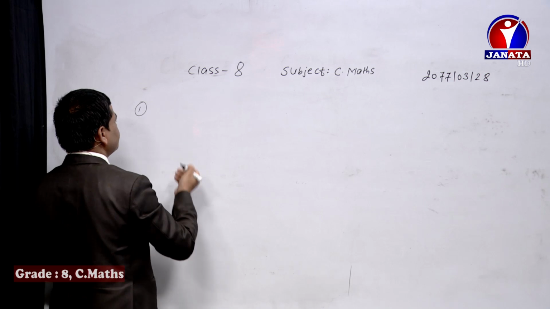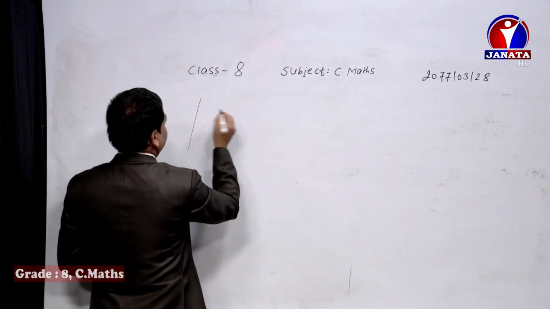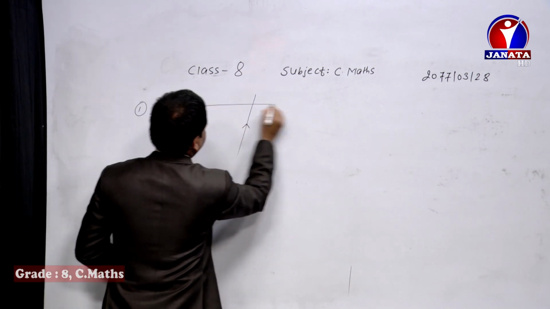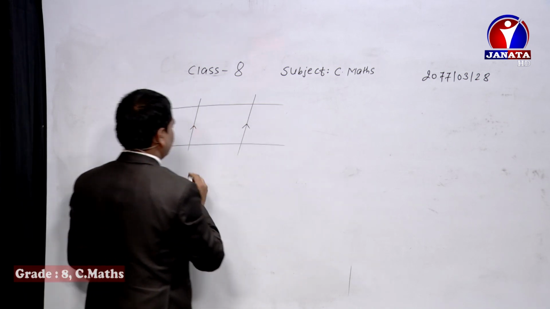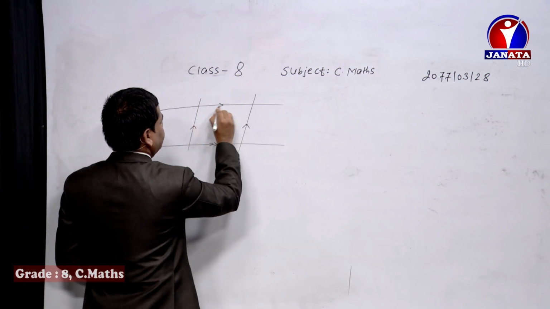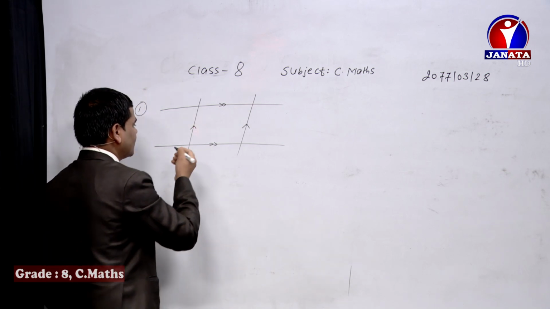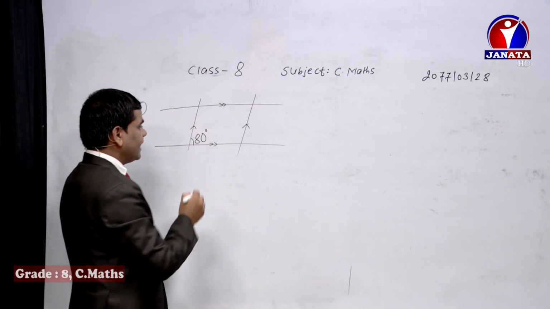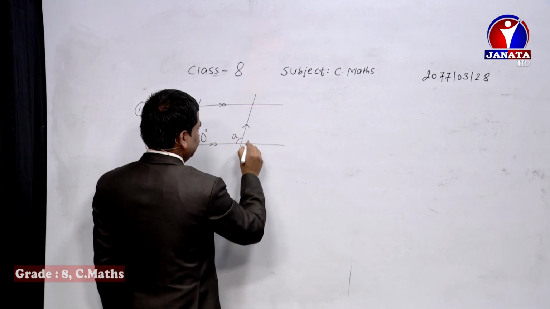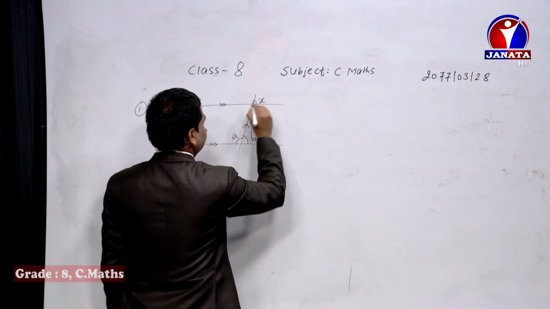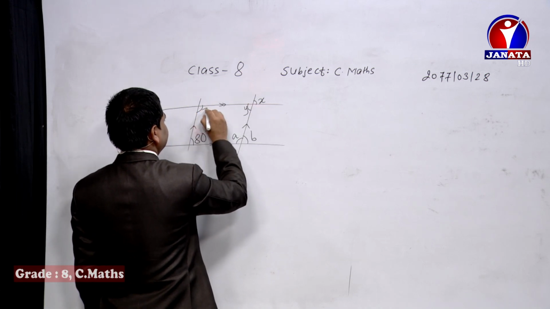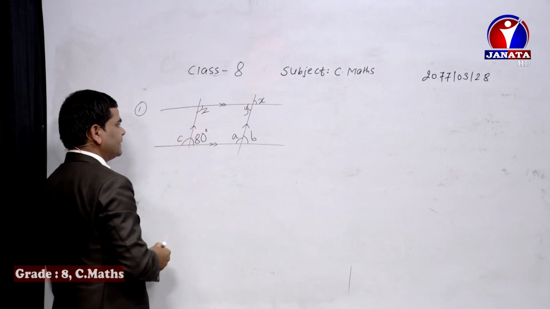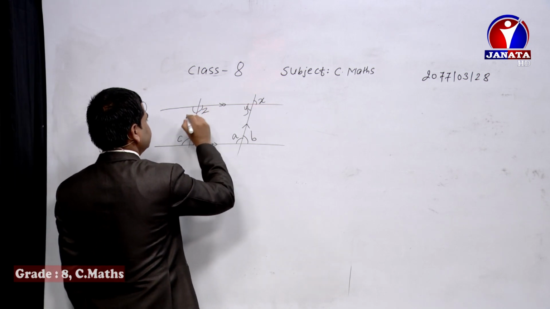Okay, question number 1. Dear students, I am going to draw parallel lines. Suppose these two lines are parallel to each other, and again by making them horizontal, the other two lines are parallel to each other. And then I am going to mark here 80 degree. Here is A, here is B, here is X, here is Y, and then here is Z. Let's find out the angles made in here. And similarly let's keep here as D.